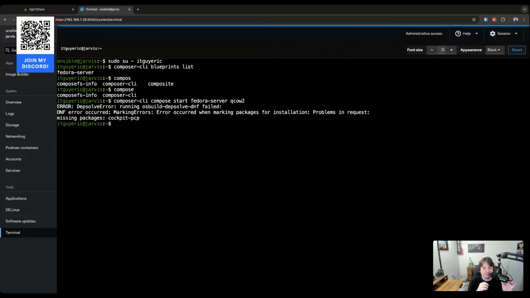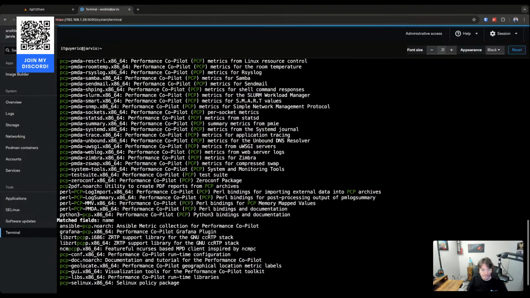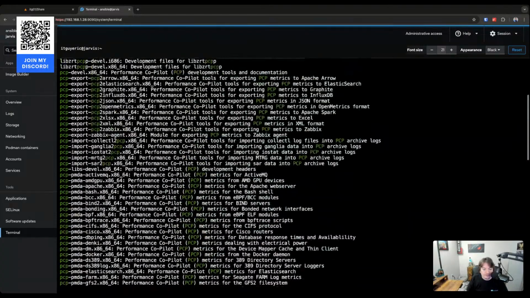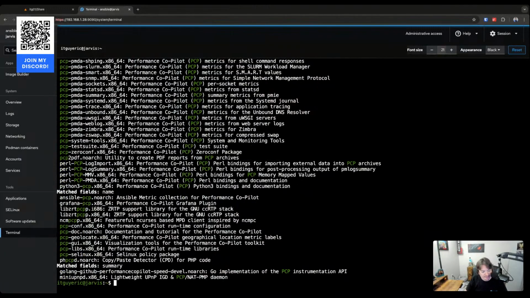Missing packages, cockpit PCP, DNF. Let's see what PCP packages we have. Okay, so that may be part of our problem. So we have a package in the list that